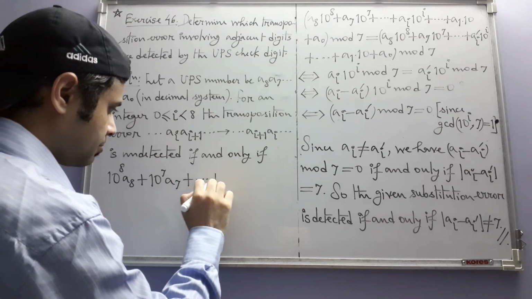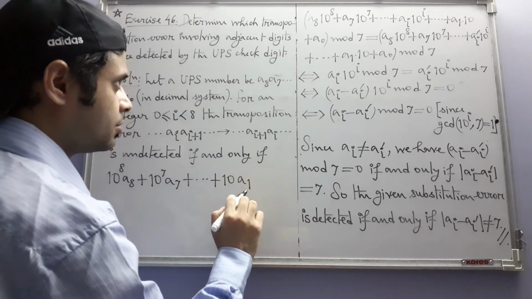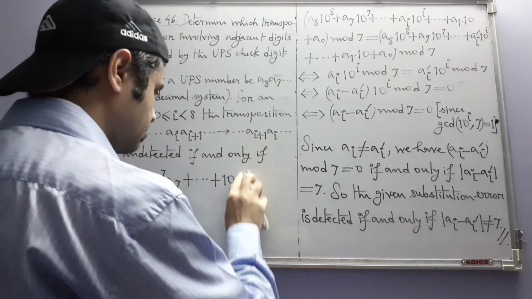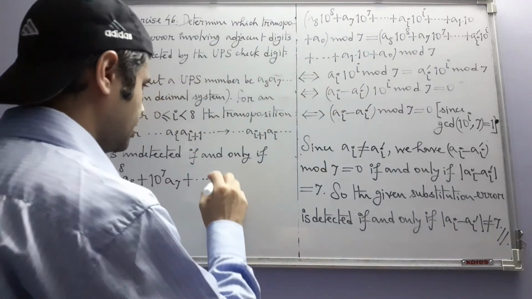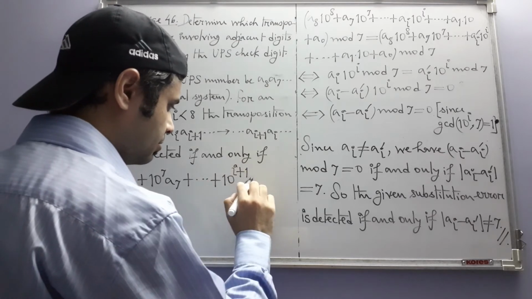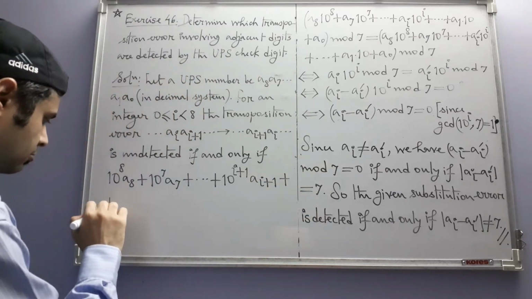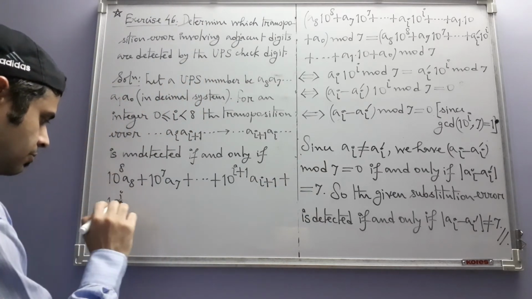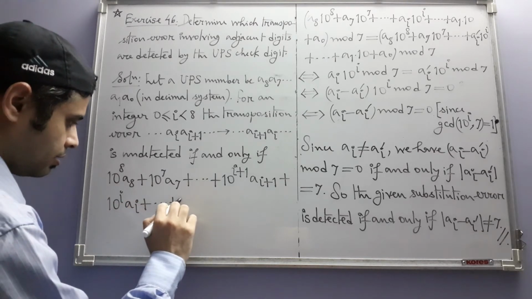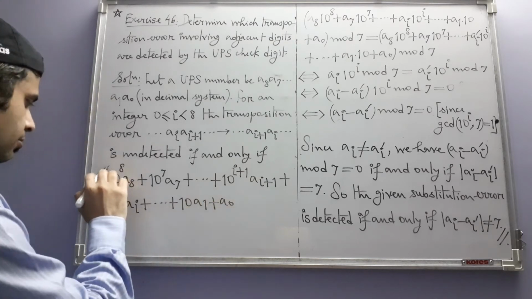Same thing, A1 plus, oh, I have to write the things that I am transposing. 10 to the power i+1 A_{i+1} plus 10 to the power i A_i plus etc. 10 A1 plus A0